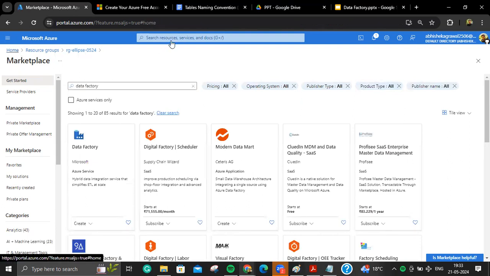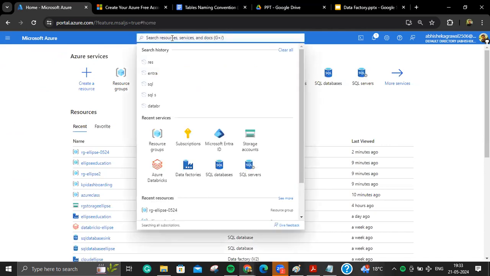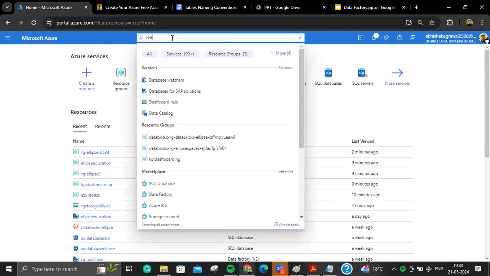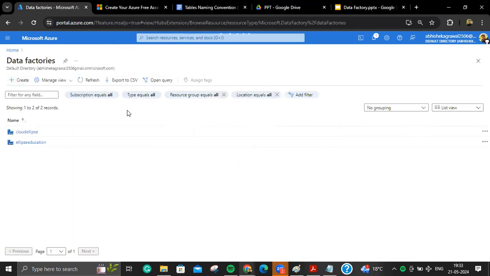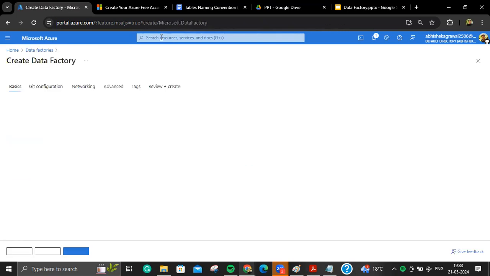That also we do generally, right? And also what we can do, we can type data factory directly here, hit create. Generally we do like this, we type data factory, and then we select this data factory, and then we hit create. This is how we create it generally.